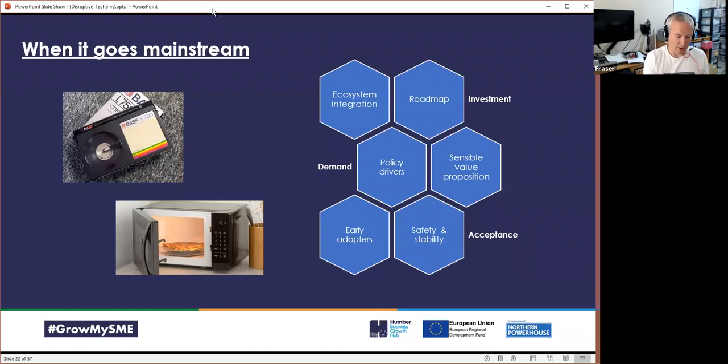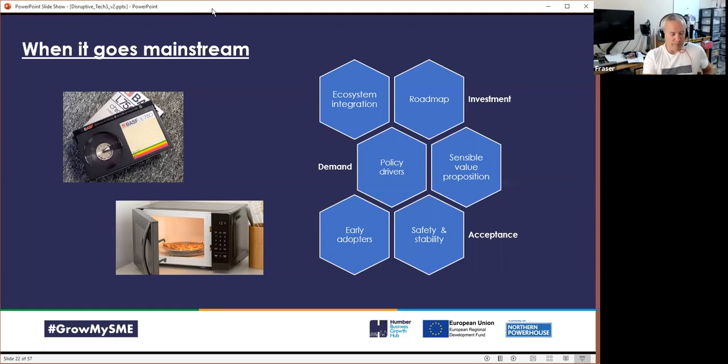So policy, I mean, whether the government decides everyone's got to have an electric car. Whether you can influence policy, I should say, would be a great place to start. Acceptance is also important. You think about the microwave oven. When it was first in our homes and in restaurants, people were worried that they would get radiation, that they'd be sick from the food that was produced. And slowly, I think the science has been able to demonstrate it is safe, but also the scientists have been able to articulate the science in a way which is less complex and which people accept. So quite a lot of things, I suppose, to consider in order to make sure your technology goes mainstream.